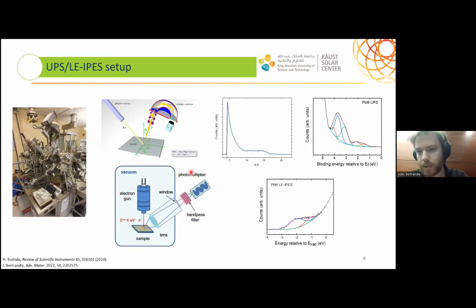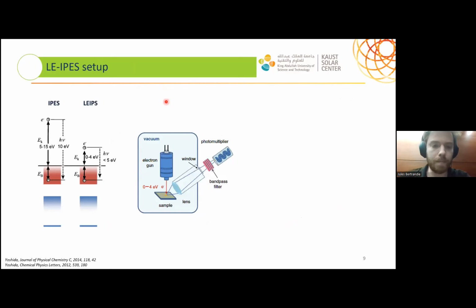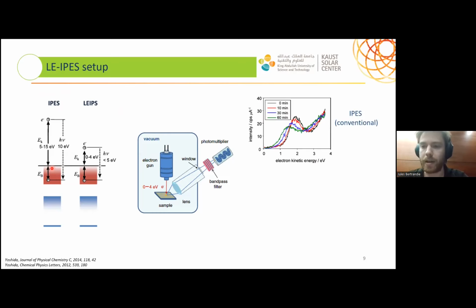I just want to focus a bit more on the low energy IPES. One setup that is more known is the IPES. However, the IPES, so inverse photoelectron spectroscopy, is higher in energy than the low energy one, like it is in the name, low energy IPES, where we have much higher energy. And this is actually a problem for the organic material, because when we use the IPES,